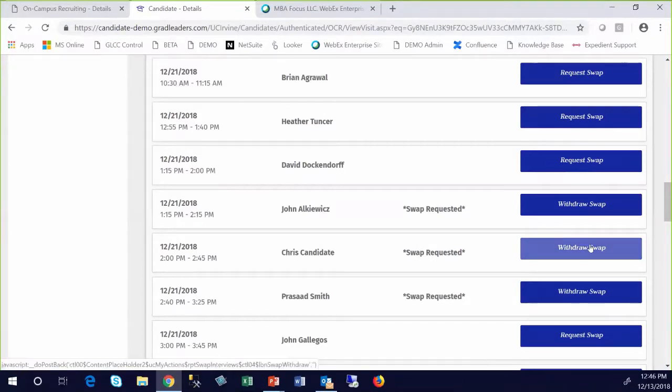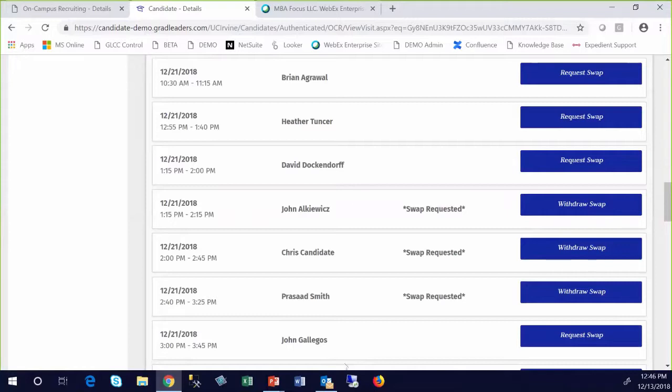So what does a swap request do? Each of those 3 students received an email from the system that says, Courtney would like to trade with you. She has the 9 a.m. slot, and she would like to trade with you for the 115. John gets that email. He has the ability to log into the system and take an action. He can either accept that swap or decline that swap. If he declines it, nothing else happens. If he accepts it, that sends an email to Courtney saying that John accepted your swap. The 2 times are traded in the